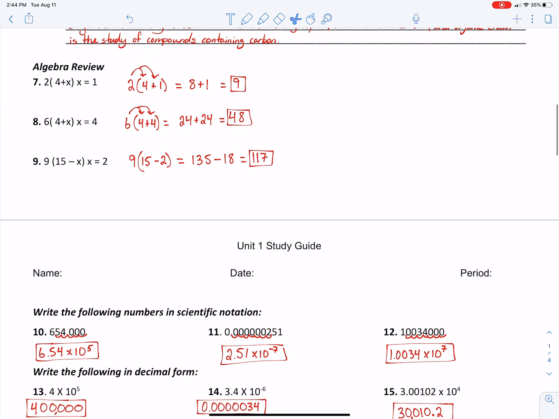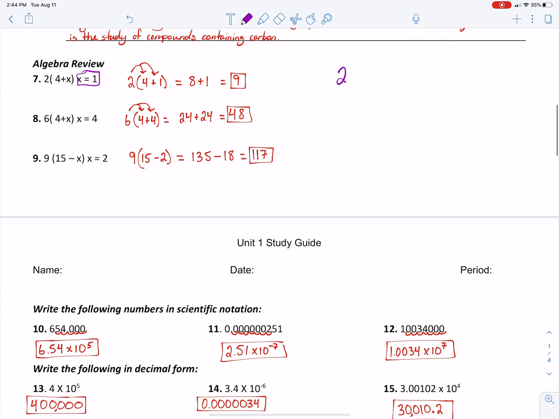The algebra review, this is what I really wanted to get to, and on my key it's written a little bit differently, but hopefully on your guys's I spaced it out so you knew that this was not attached. This is actually telling you solve the problem 2 times 4 plus x if x equals 1. So hopefully I separated it out. So that means that this x right here is actually 1. So I could simply replace it just like I've done right here. And when we do that, I do what's called distributing. So you can solve this one of 2 ways. I can do 4 plus 1, and that's 5. And then 2 times 5, or